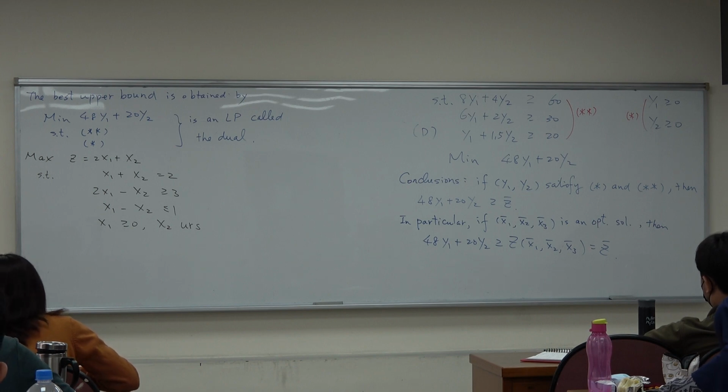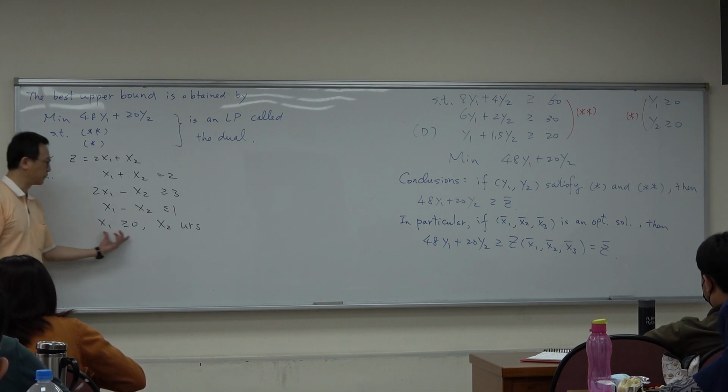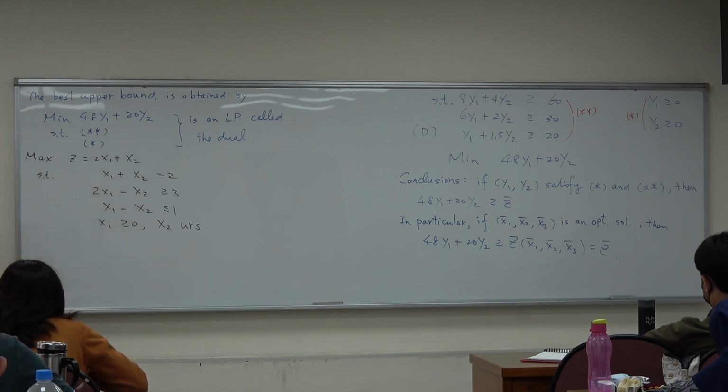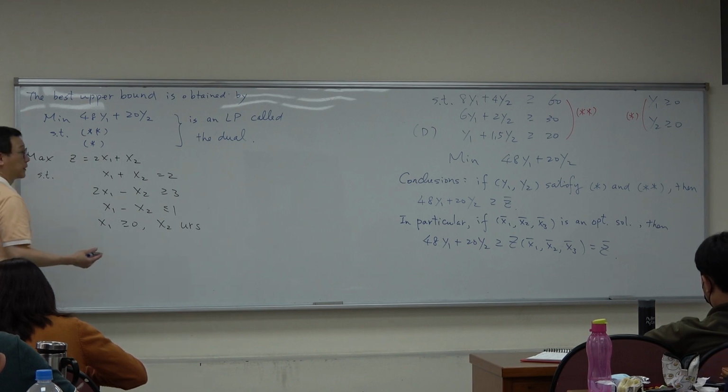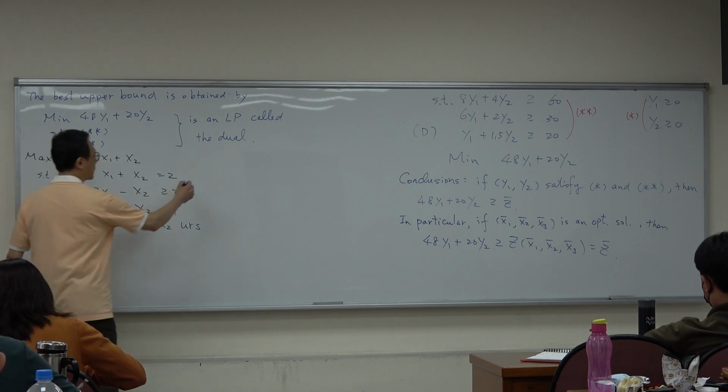It is a bit different from the previous one. In the previous one, all of the constraints are less than or equal to, but right now we have equality, we have greater than or equal to, and we have less than or equal to. Previously we had all variables greater than or equal to 0, but right now we have one that is unrestricted. Unrestricted means that it can be a positive value, could be a negative value, or could be 0. Okay? So again, like the previous one,